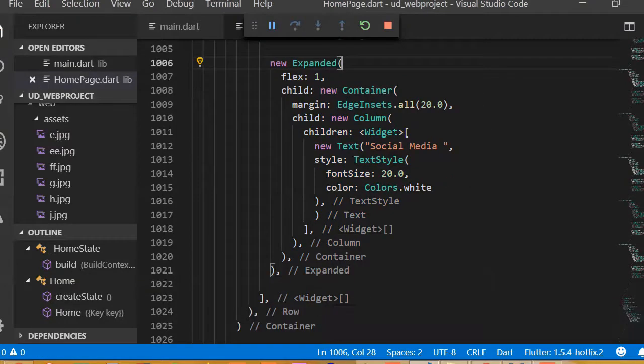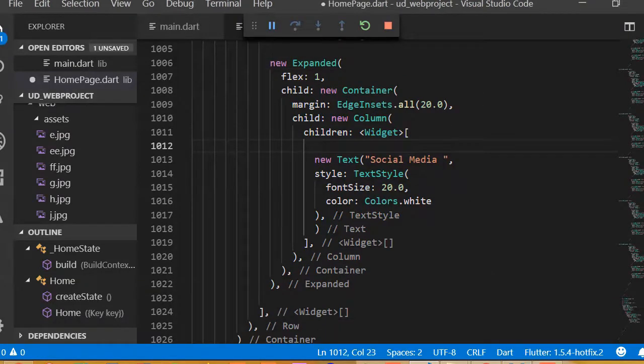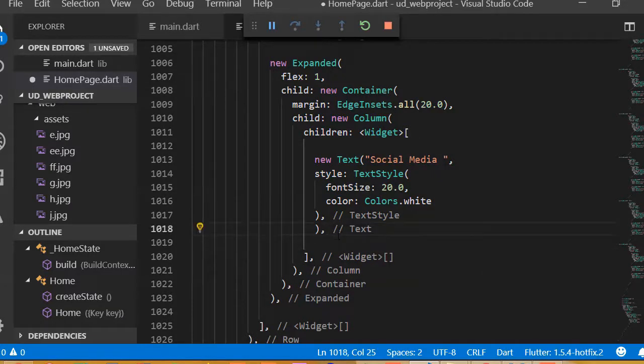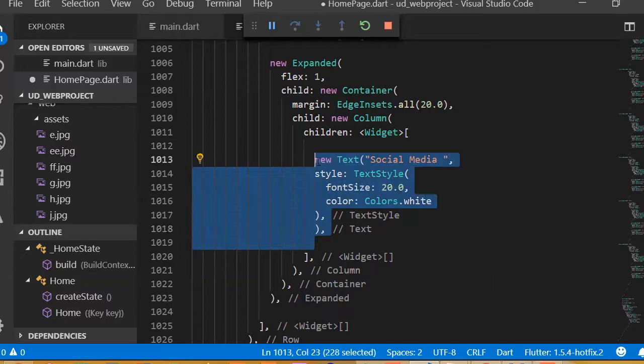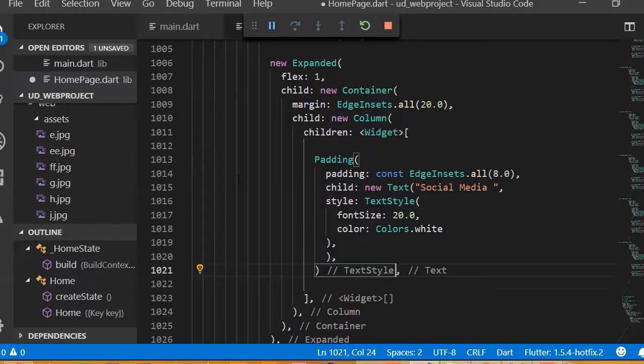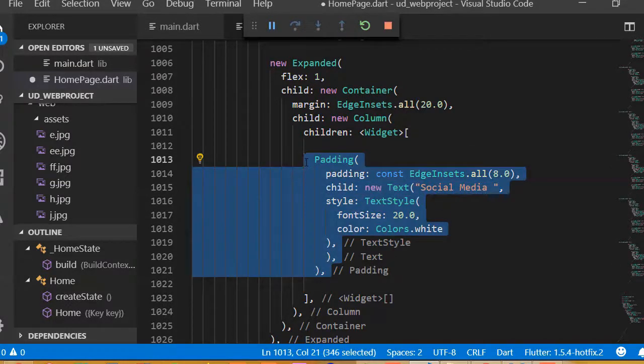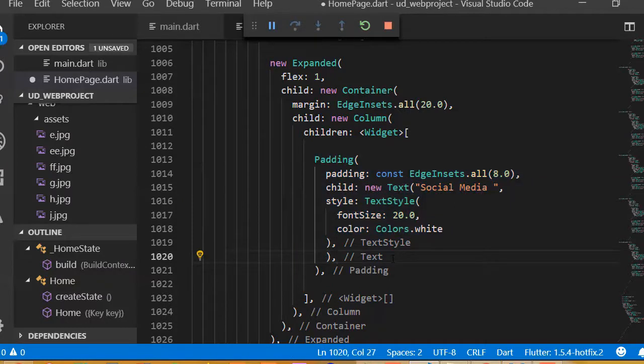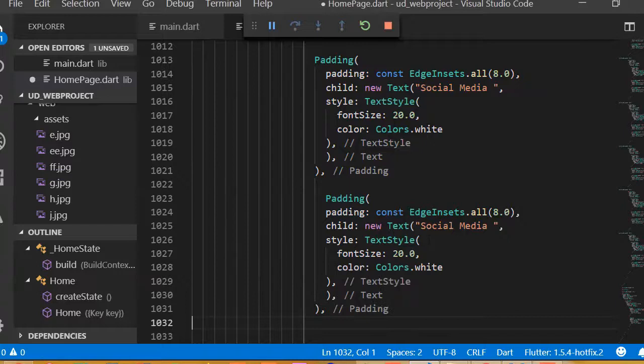Now this one is going to be our first item data, and inside this column we are adding some text. Okay, so what I can do, I can add this text a couple of times. So copy this, and before copying this, I think we need to add a padding here. So add padding as EdgeInsets.all 10 dp, so that we can get a padding each and every time. We don't need to use the size box here. So copy it here and paste it here,